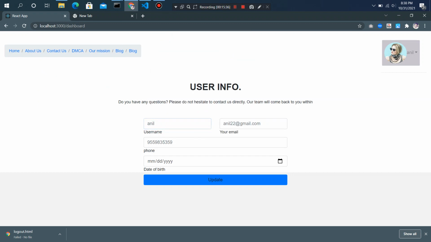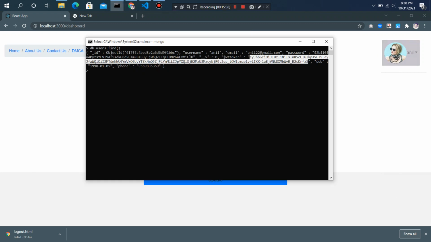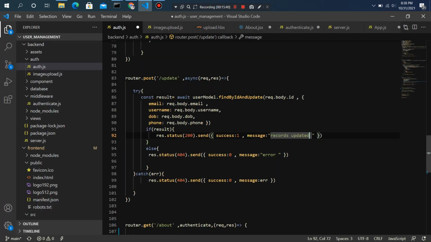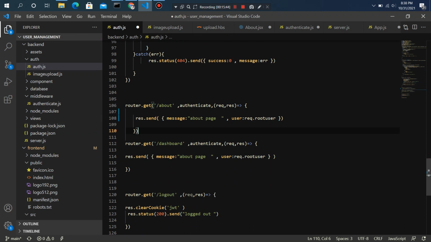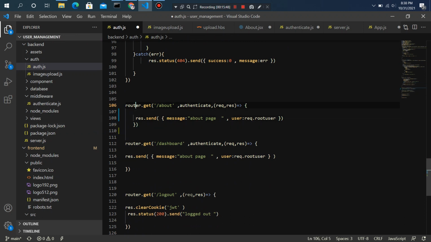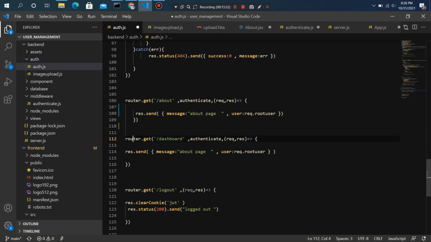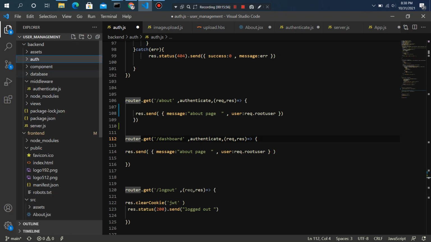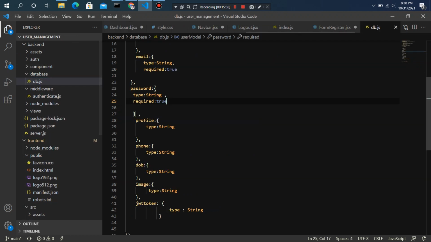There is also some inner functionality that I have implemented, but I haven't shown you till now. So let's talk about all that also. The dashboard. If we talk about its database, here you can see the database schema.